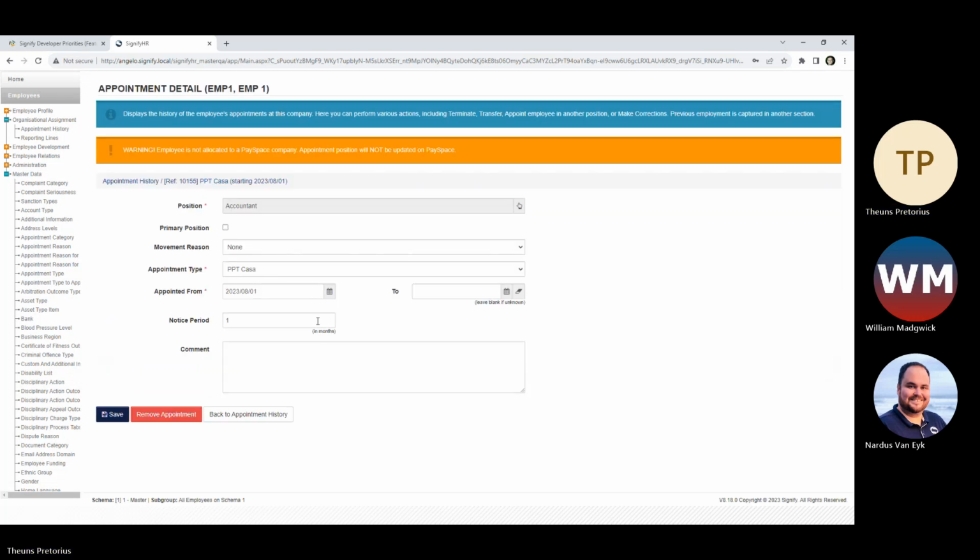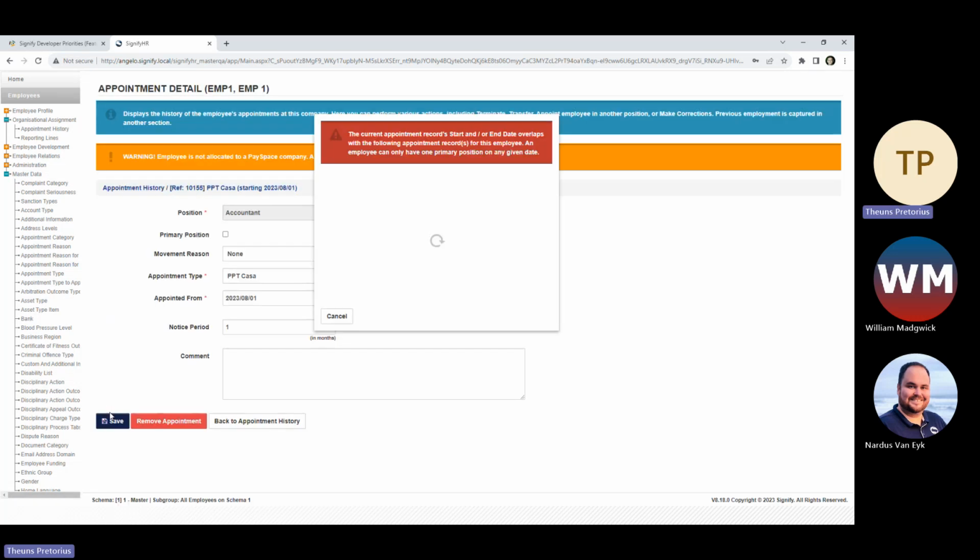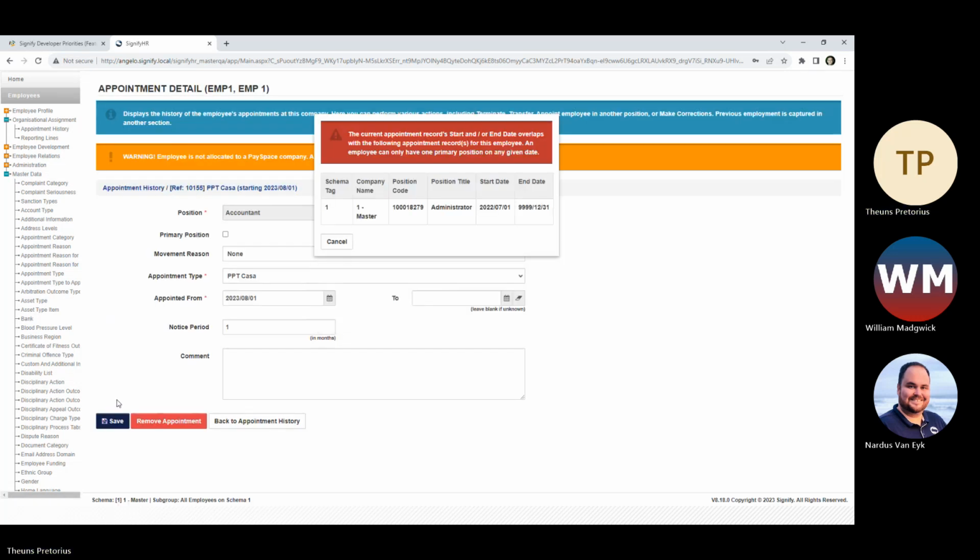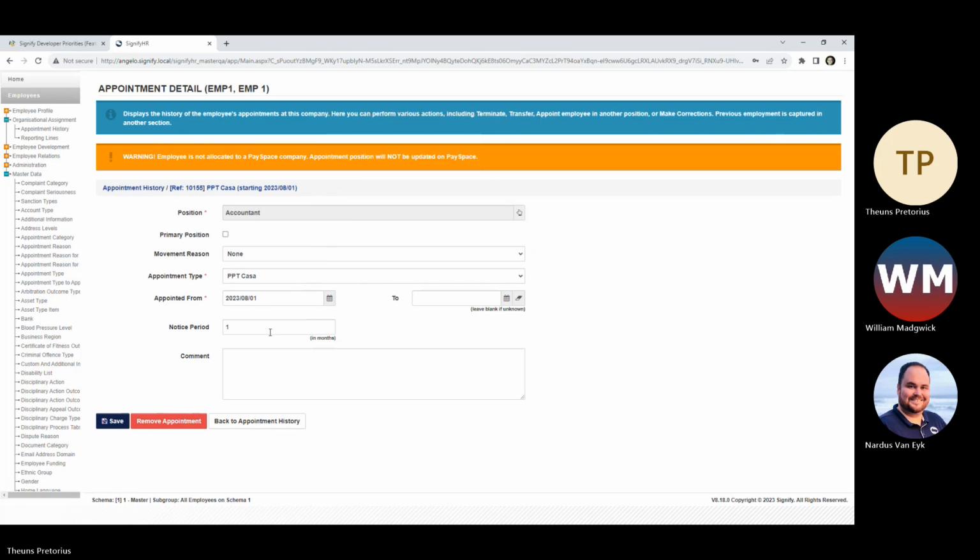I did not save it as a primary position. Okay, as a test. The current appointment records started late and overlap with the following appointment records. When you deal with the employee import, there's also a fair number of validations called into the employee import to prevent that. Okay, so we went through a process where we changed the employee import to sort of foresee